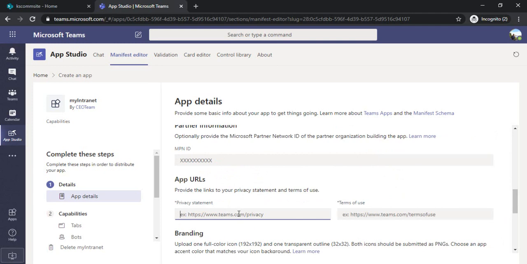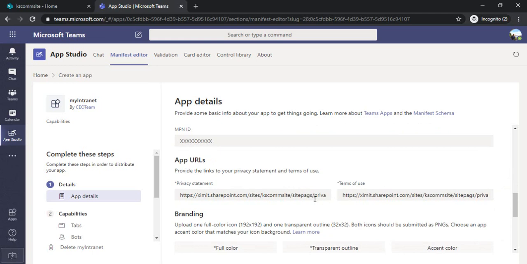The privacy statement expects a page where you can display the privacy terms for this app. For the time being I can paste the same URL and add the site page, let's say privacy.aspx. It's not mandatory, but we are still giving it.